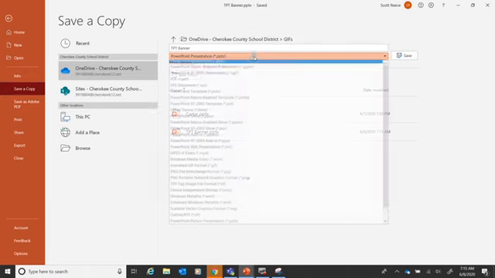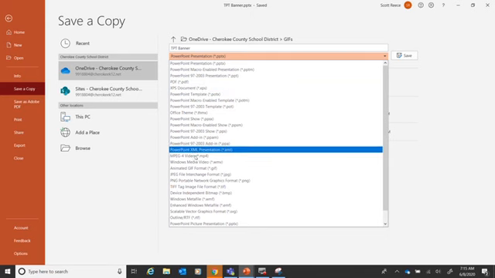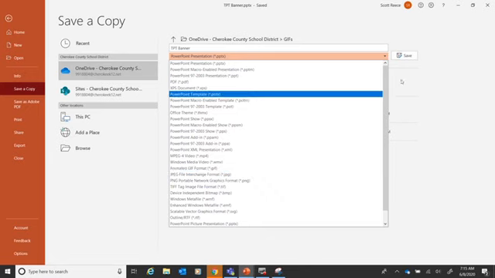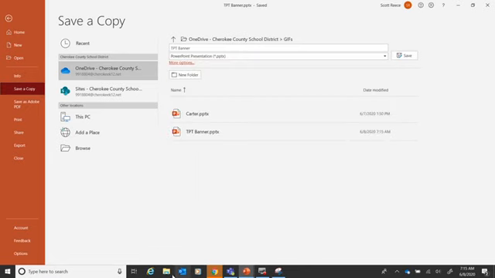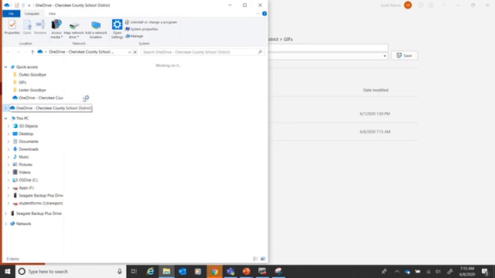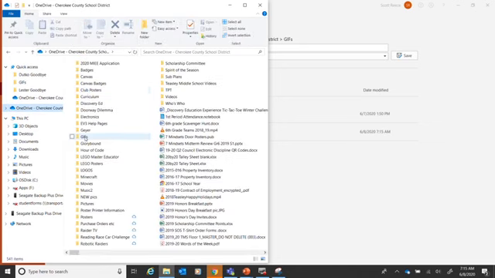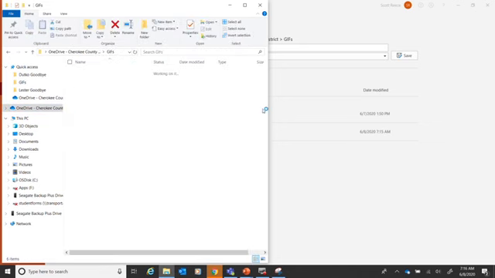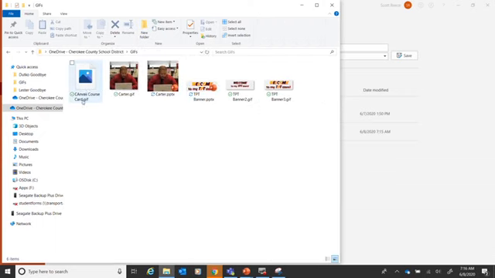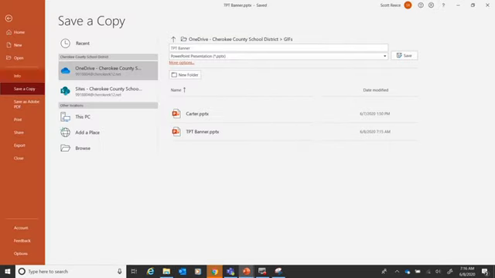In the drop down, I'm very simply going to scroll down here to Animated GIF. Once I do that and click Save, that GIF goes into a folder right here. Now, once I've got it saved,